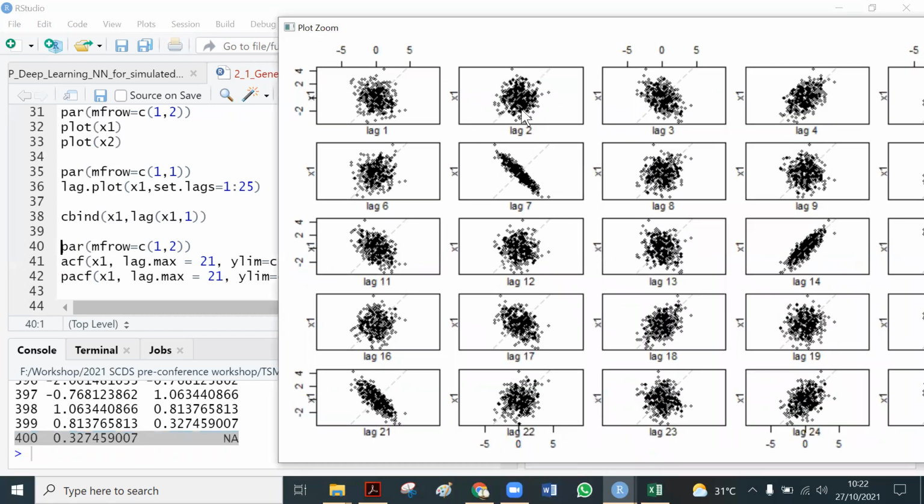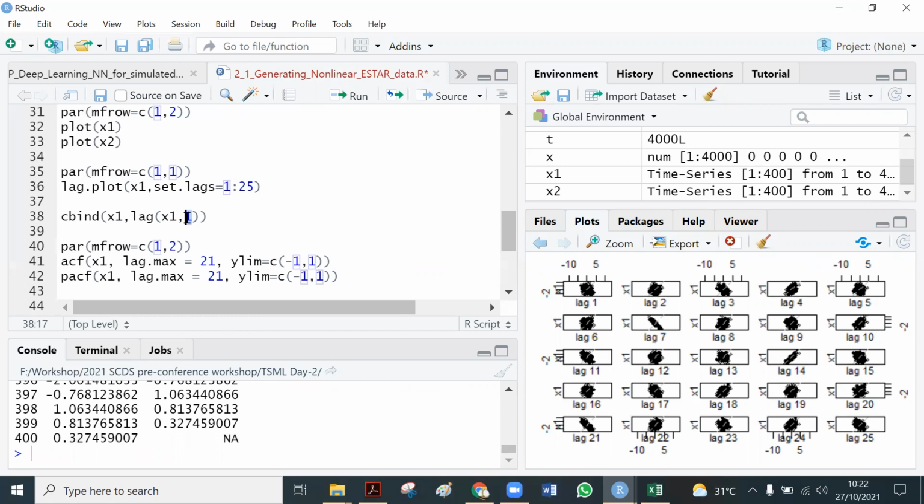Okay, and also for xt and xt minus 2, we change this. Yeah, this is the data.